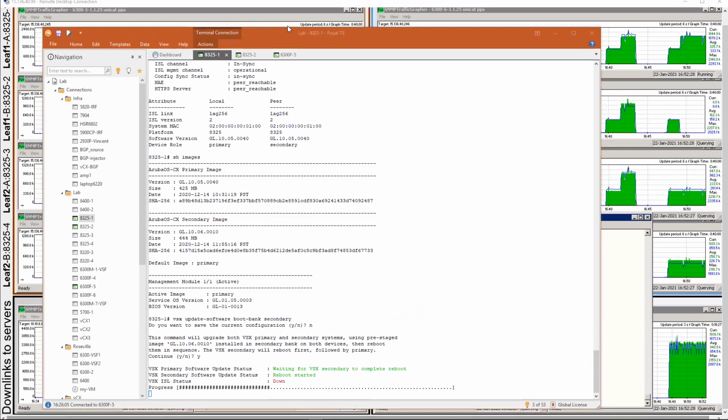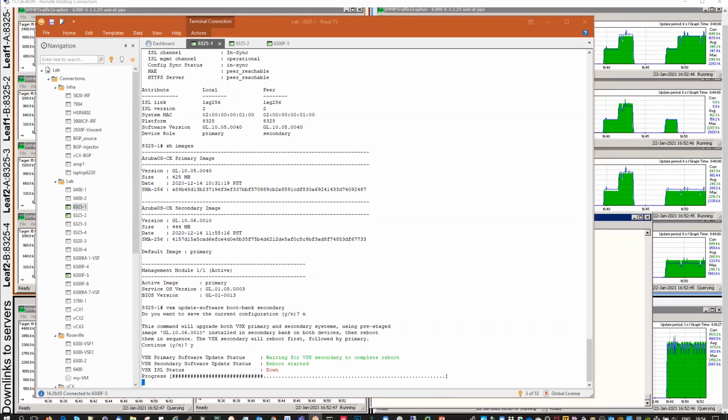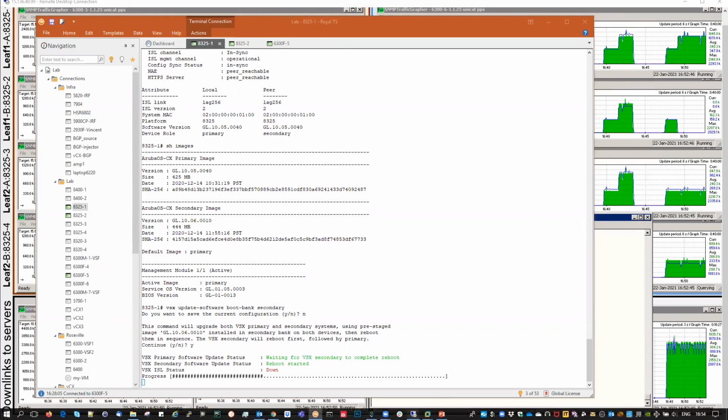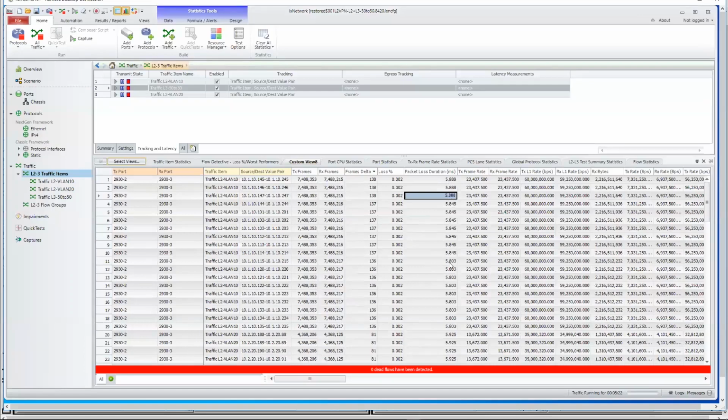So luckily the restart for that 8325 is not longer than 1 minute. So we have not much to wait for that, and we'll be able to see what happened during the restart phase. I was saying that it's good to check the Ixia. You see, on the Ixia we are still at 5 milliseconds of previous outage.